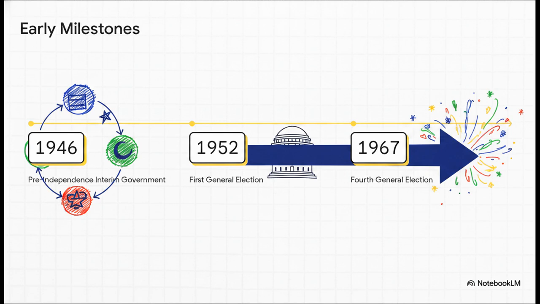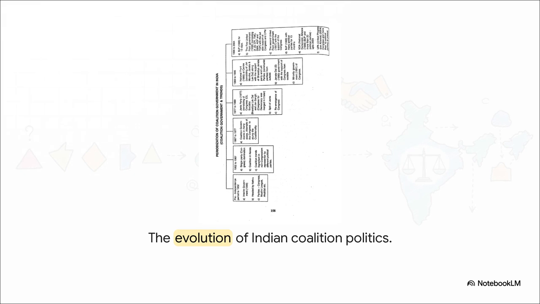But by the first general election in 1952, India entered a solid 15-year stretch where a single party essentially ruled uncontested at the center. Take a look at this detailed flowchart we pulled from the source material. It maps out this historical journey beautifully. If you focus on that very first box at the top left, it represents absolute single-party domination by the Indian National Congress. But as you follow the arrows across the chart to the right, you can watch the entire system inevitably fracture into some serious complexity.